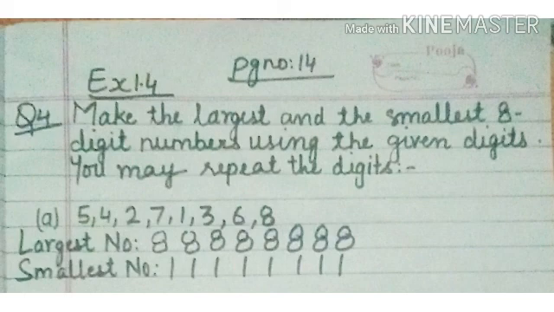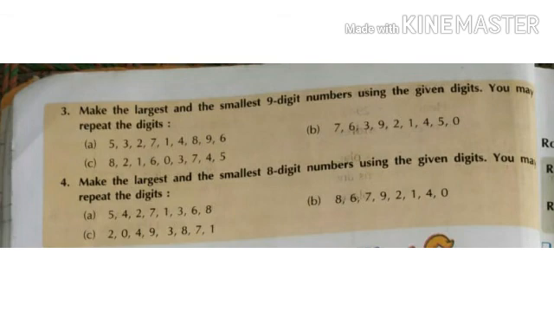As you are allowed to repeat the digit as many number of times, I know that for making the smallest 8-digit number I need to start with the smallest digit. The smallest digit here is 1, so I write 1. Then I move on to the next digit, which is 2, but now I am allowed to repeat the digit, so I write the given digit 1 8 times. That will become the smallest 8-digit number, that is 1 crore 11 lakh 11,111. Moving to the B part, the number is